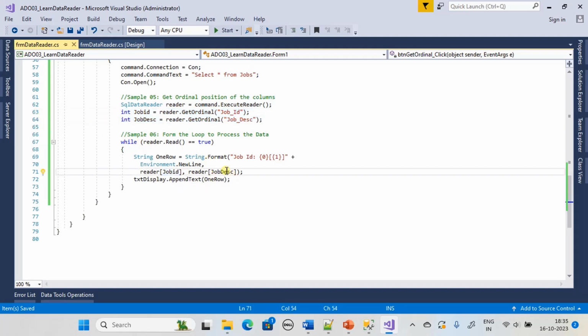We are still using the integer index only, but we retrieved it once. Also note that we retrieved it before forming our loop. So that way it is still efficient when compared to referring the reader of double quote job underscore ID and reader of job underscore DESC. Right. Alright, now we will run the code,